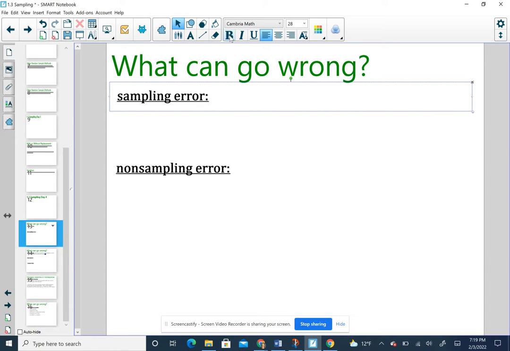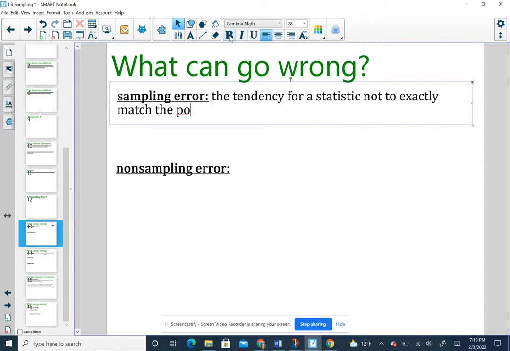To define sampling error: the tendency for a statistic not to exactly match the population. So as we've been talking about,